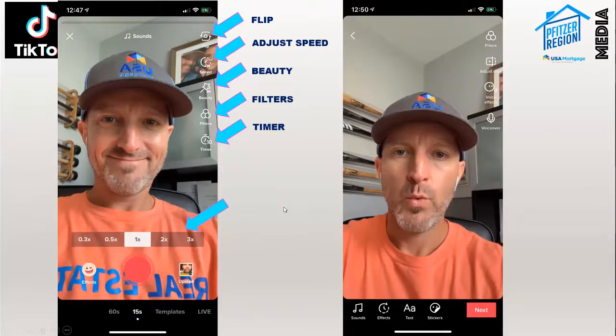So if you know you're going to have like 5, 6, 7 different parts to this, that timer button is extremely important. I use that on almost every video I do. I love it. And once you figure it out, it's like finding the fountain of youth. Every time I discover something new in TikTok, I get so excited. I'm like, oh my God, this is amazing.